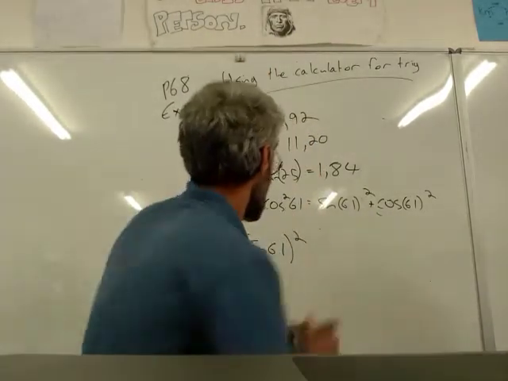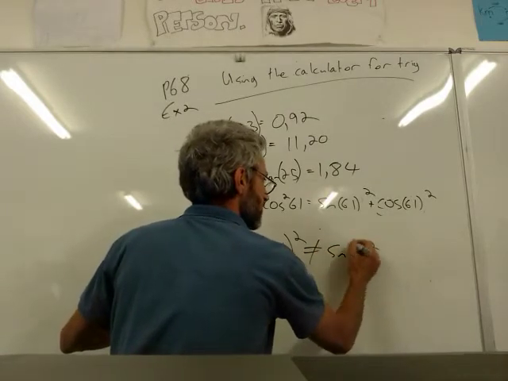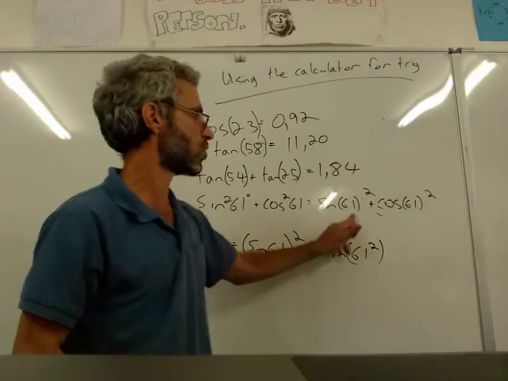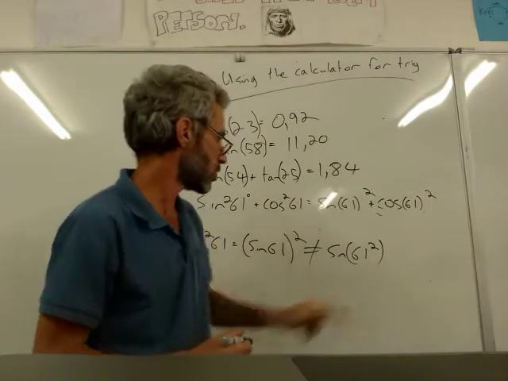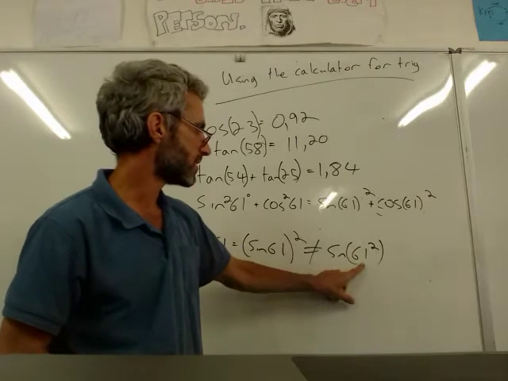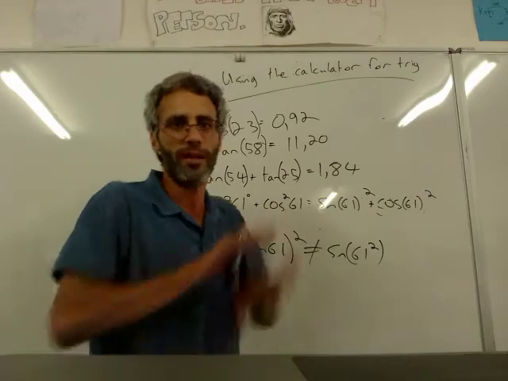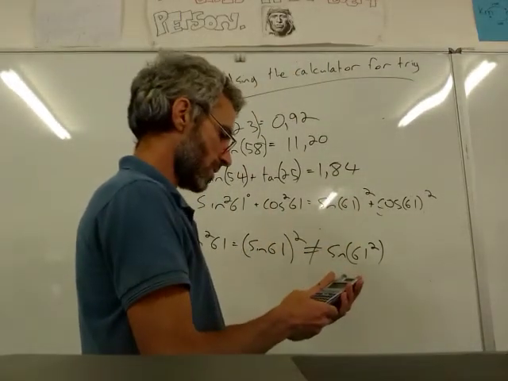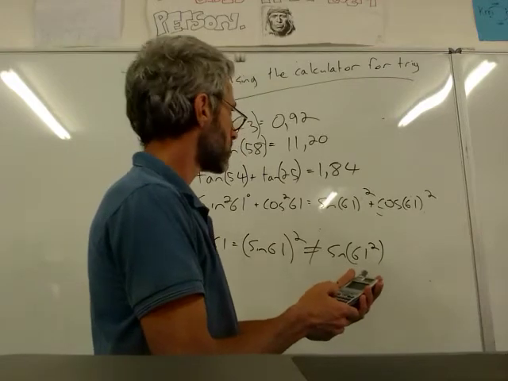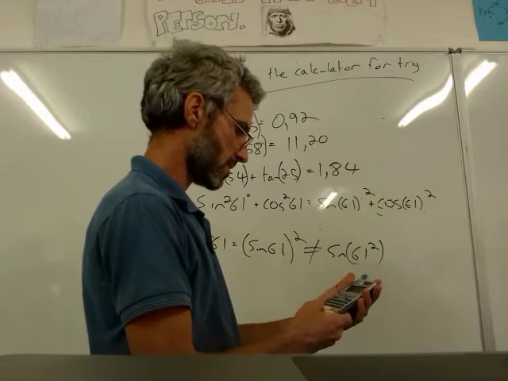If you wrote it with the square inside, that's not the same as sine 61 squared. That is wrong. You want to have the square outside of 61, because otherwise you first square the 61 and then do sine of that. No good. So I'm going to write sine 61 squared plus cosine 61, close the brackets, square, and